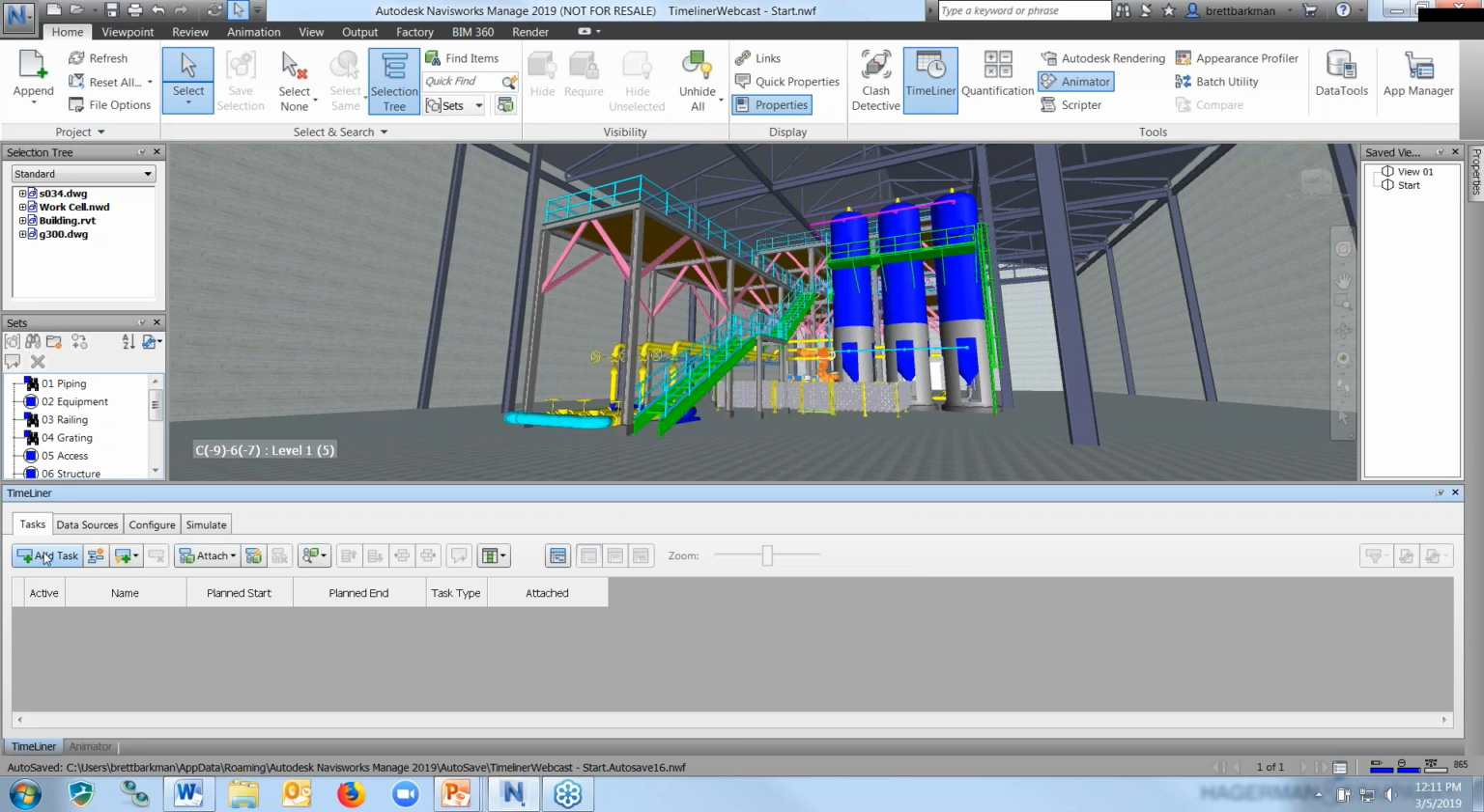And then I'm just going to create a task here to get started. I am going to do a few of these manually, and then I'll do a few in a more automated fashion. And I'm just going to go one task at a time. So this first task, I'm going to line up with my selection sets. So I'm going to go into my demo